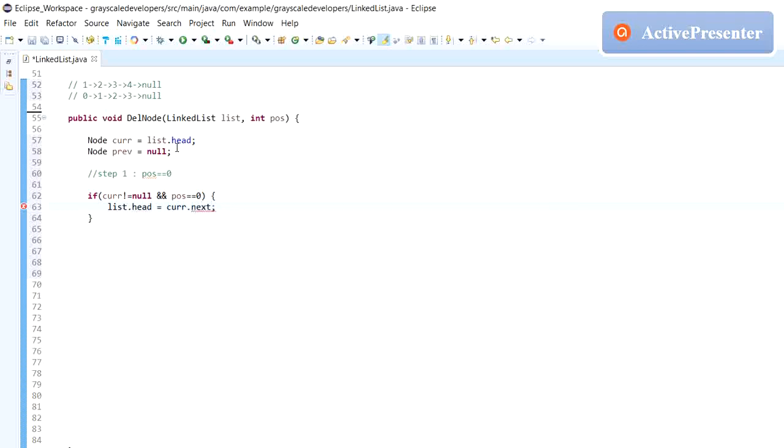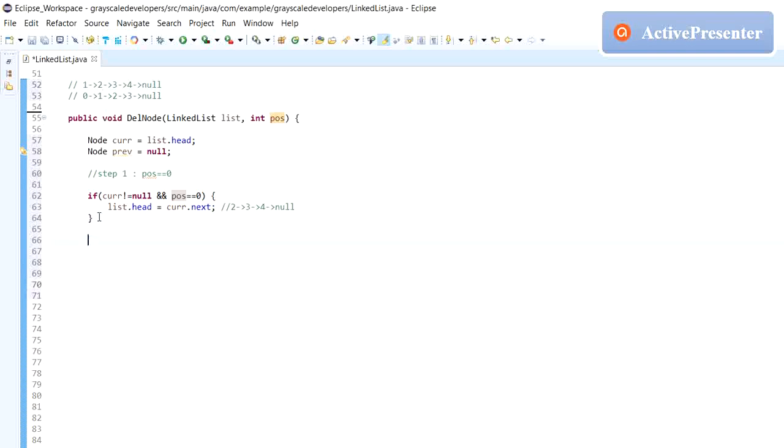So if the position is 0, I'm just deleting node 1, and the output will be 2, 3, 4 and then null. I'm deleting the head node, meaning I'm deleting 1 and making head 2.